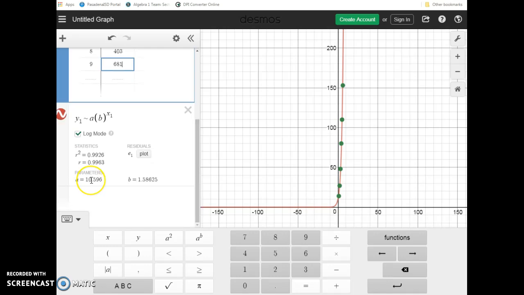Okay, so here's our new numbers. The B has to be positive. That's why I told you don't mess with the equation. Just leave it alone. And we're going to write this down. So it's